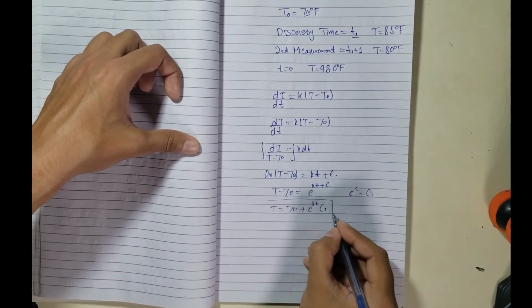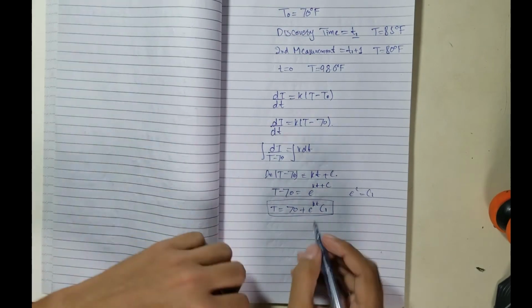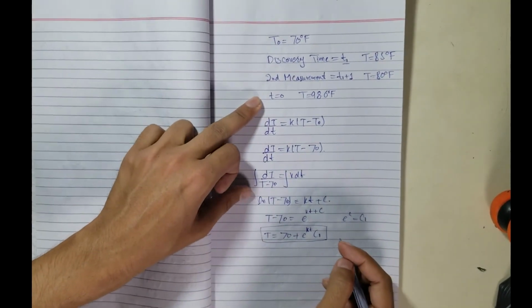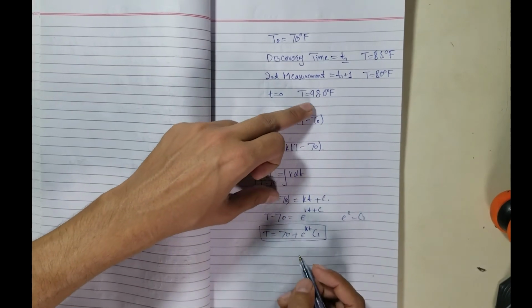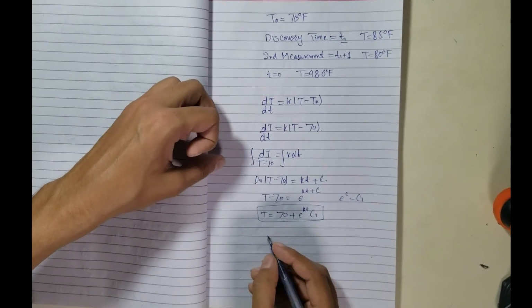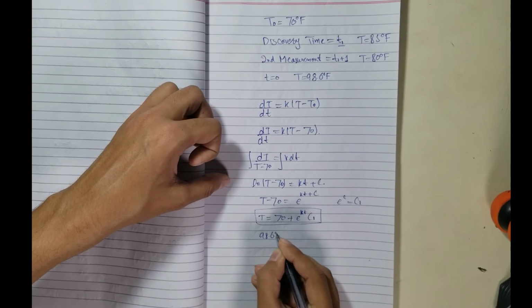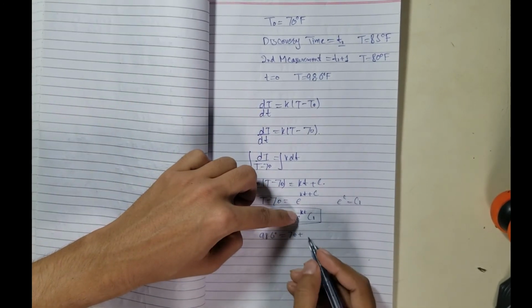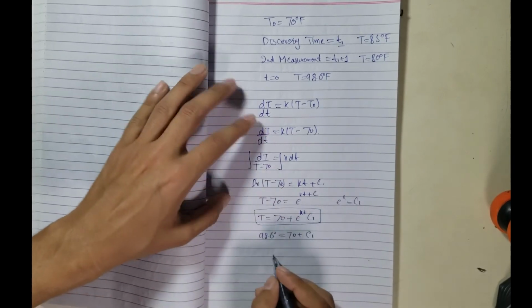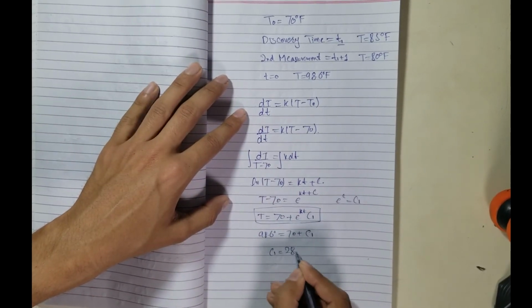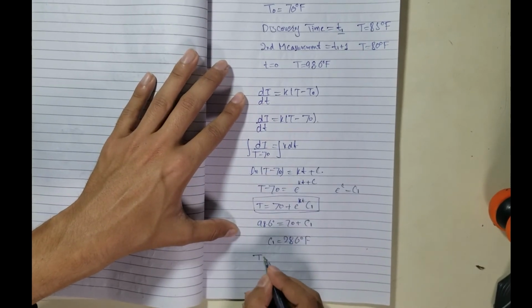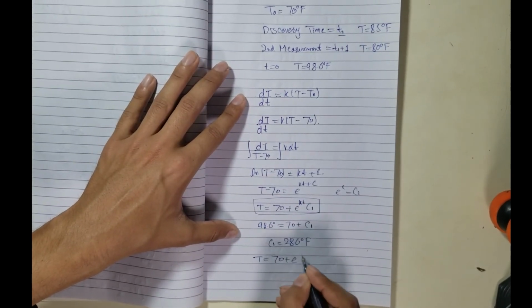Now this is our equation. We have one condition: at t is equal to 0, the temperature is 98.6 degrees. So put this condition into this equation. So 98.6 degrees Fahrenheit is equal to 70 plus, putting t is equal to 0, this will become c1. So the value of c1 is 28.6 degrees Fahrenheit. Put this value into this equation. So T is equal to 70 plus e raised to the power kt